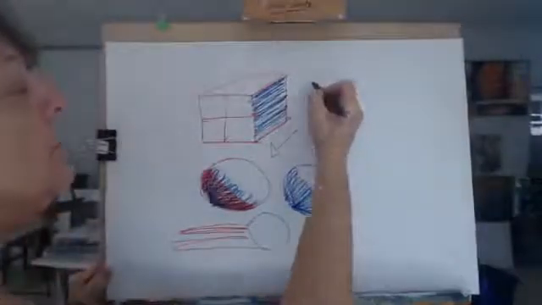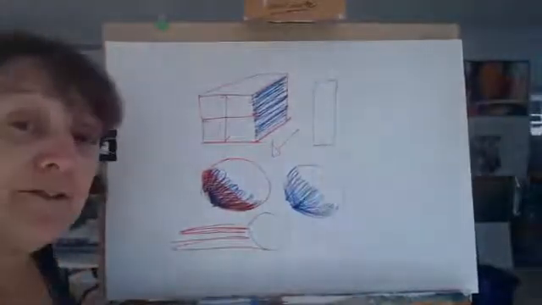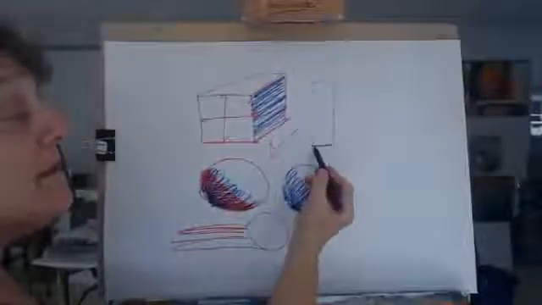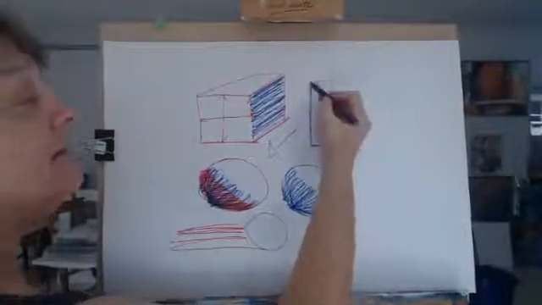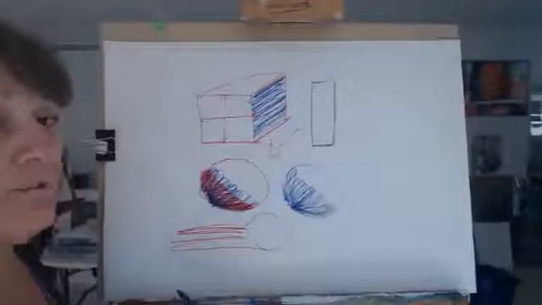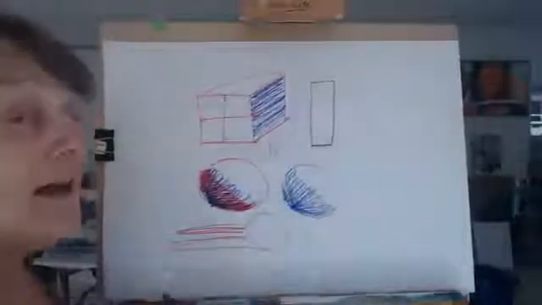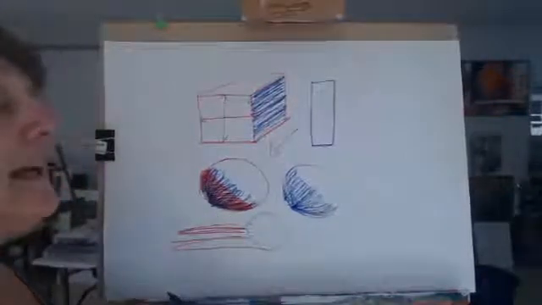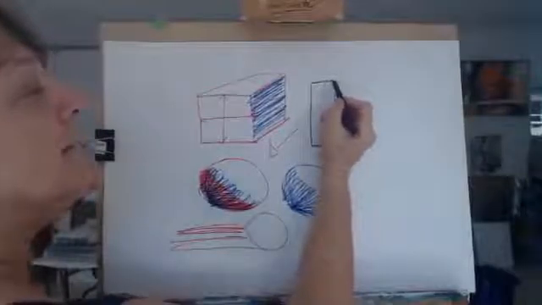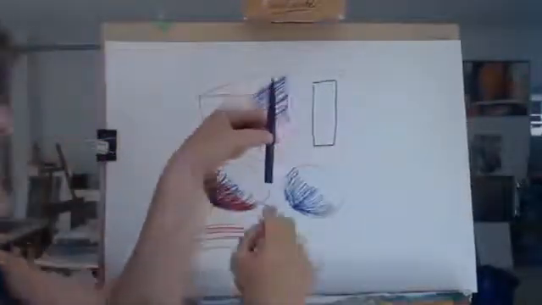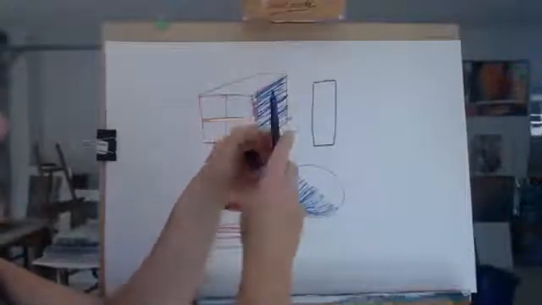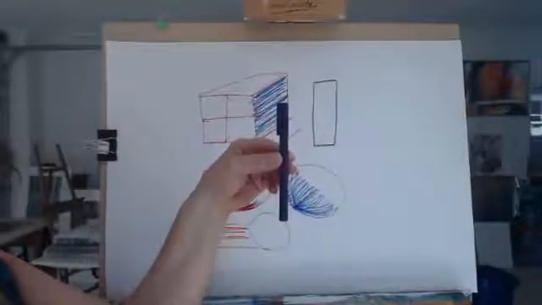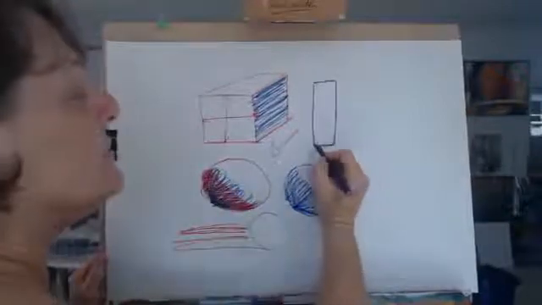So there are a few of these that can help us. If I draw that, for example, you can see a rectangle, long thin rectangle. You don't know whether that is a cylinder on its side, the side of a tree, or whether it's the side of a box. So it all depends on how I am going to render that on the side to show people that it has three-dimensional form. And if that's a cylinder, what I might do is, even though I might be looking at the cylinder, this pen is a cylinder, and your eye level shows that it's flat there, and it's flat there because it's quite short, I might do that,